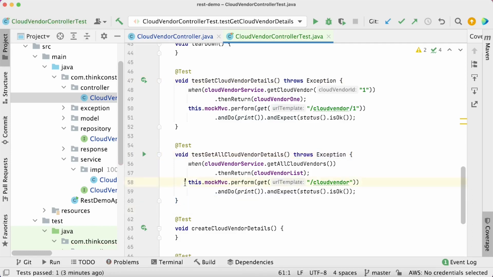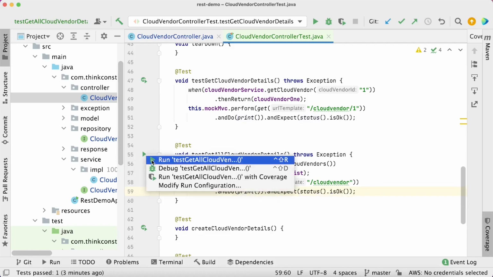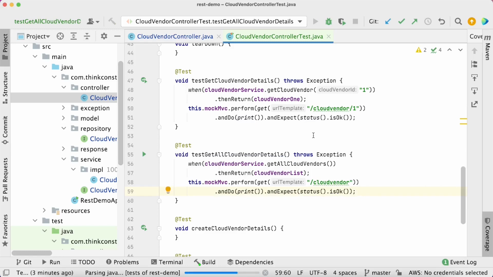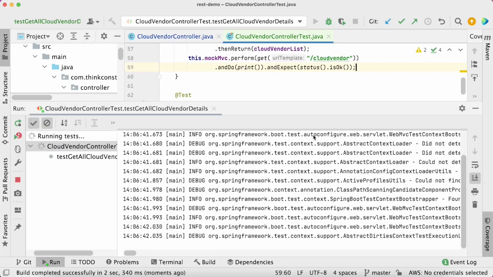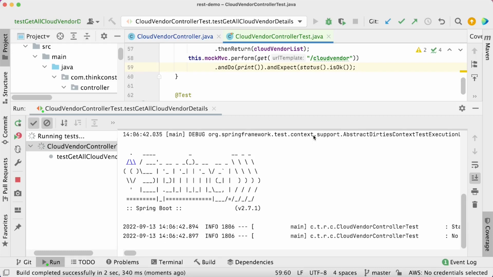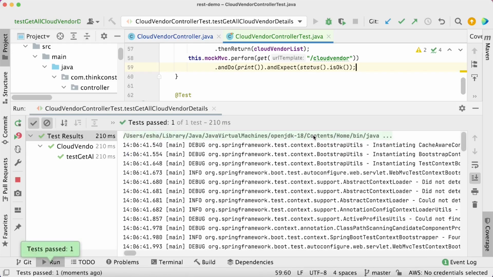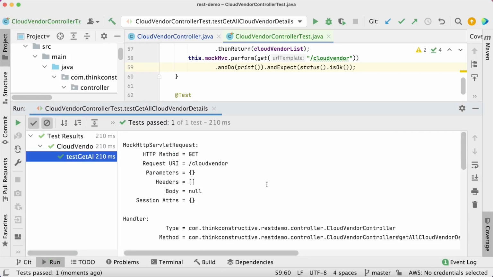All right, so here this mock MVC will perform get with this URL, this time only slash cloud vendor, no other parameter. Fine, and then it will print whatever we want and will compare the status as okay. Fine, let us now test this thing. So test get all cloud vendor details is passed, and if we come here, this time the HTTP method remains get,